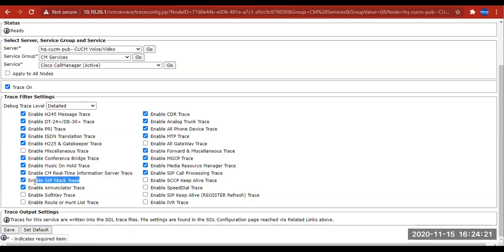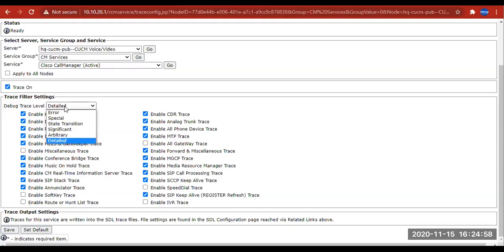And things like, if in case this is an issue with SIP registration, we can go ahead and check this as well, right? If you have got an MGCP gateway, which is a type of Cisco proprietary protocol, you can come here and enable them. If you've got SCCP related troubleshooting that needs to be done, you can come down here and enable the relevant traces. So you can choose pretty much from different traces that are there in regards to Cisco Call